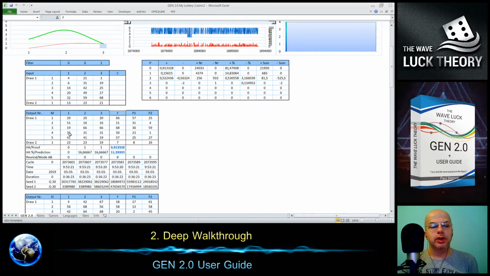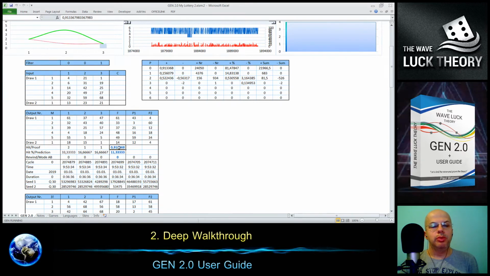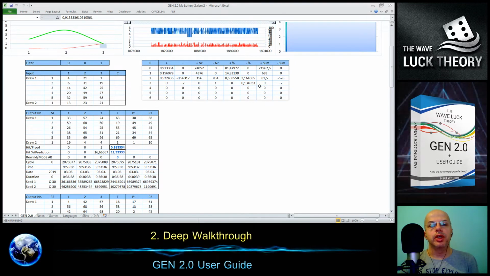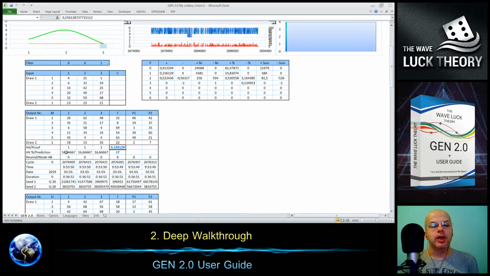Then we have here the proof function, the value which is printed within the desired time, equal to the proof value. The proof I will explain later together with the table. Then we have hits in percentage, as I mentioned, equal to the hits but recalculated to percentage. And then here we have the prediction. This is the average of all hits, and it gives us the prediction.